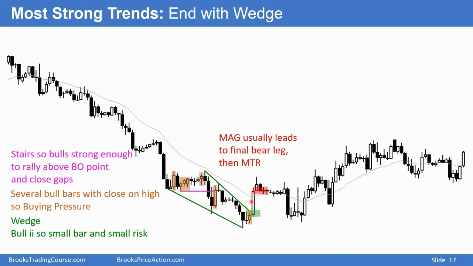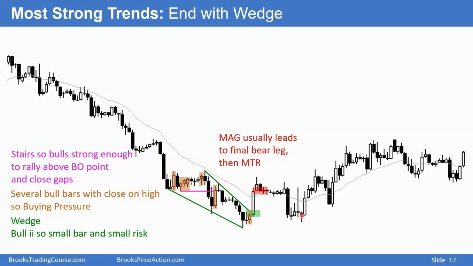This is probably a minor reversal because it's a tight channel. First reversal up probably will lead to trend resumption down. However, it's a strong enough breakout here, gap bars here. That strong trend resumption down will probably fail around the old low, and the bulls will try to get a major trend reversal. I would not buy above this bar after that big bear bar, but now we have a